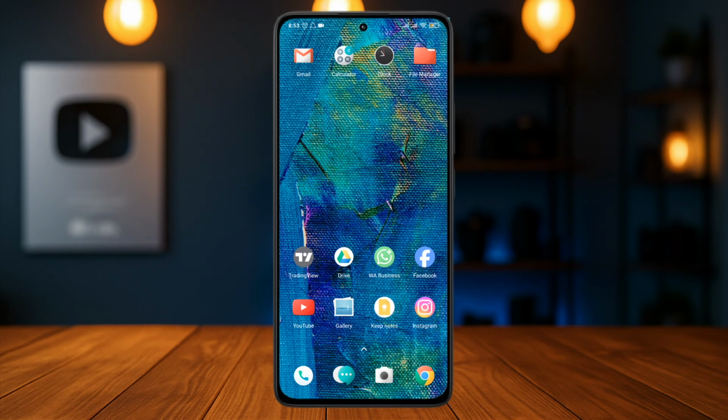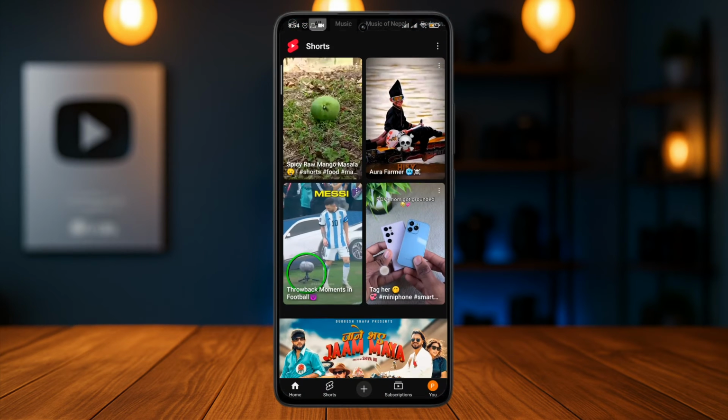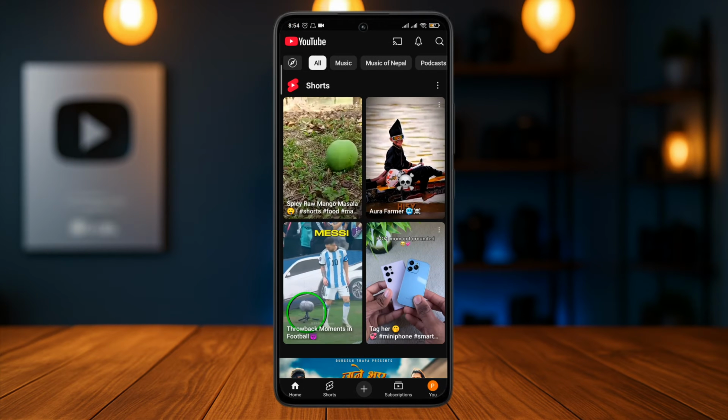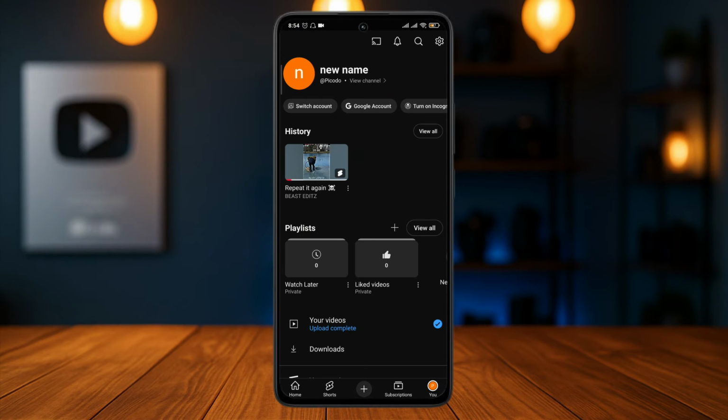Let me show you the process on how to enable dark mode on YouTube. If you currently have light mode enabled and you're trying to add in a darker theme, let me show you through this video. Open up the YouTube app on your phone and then head over to the profile section on the bottom right. Once you're inside of this section, as you can see, I already have my dark theme